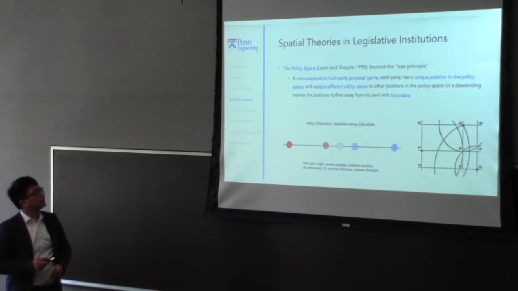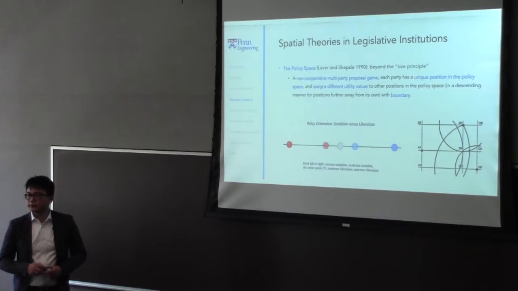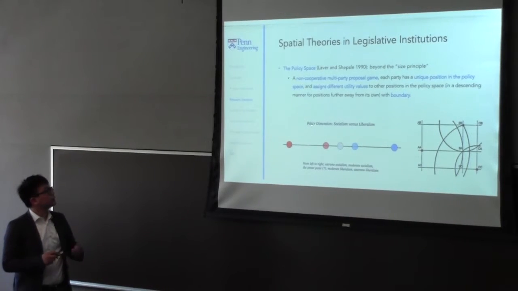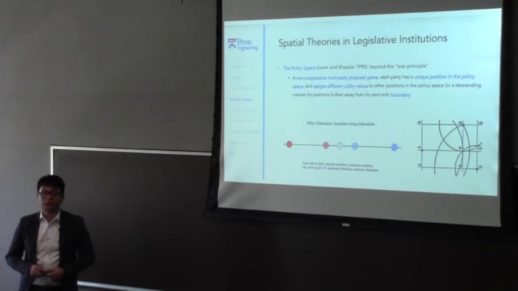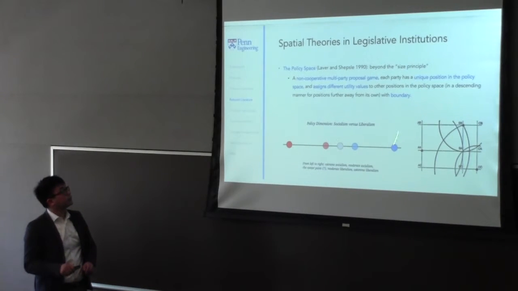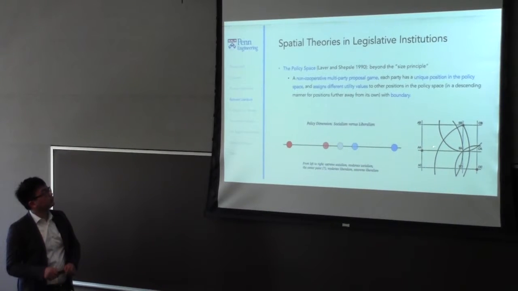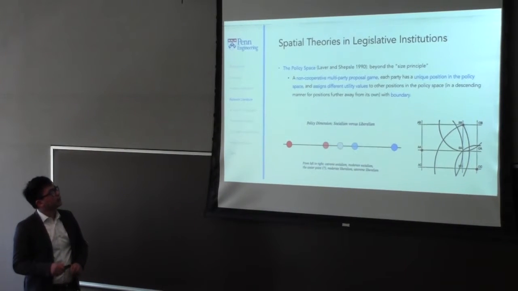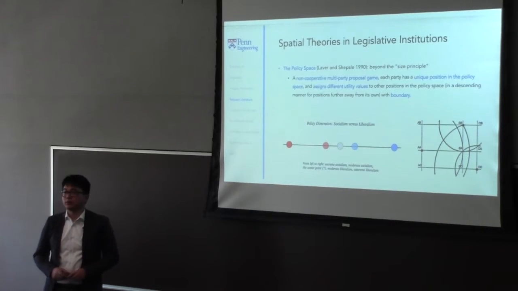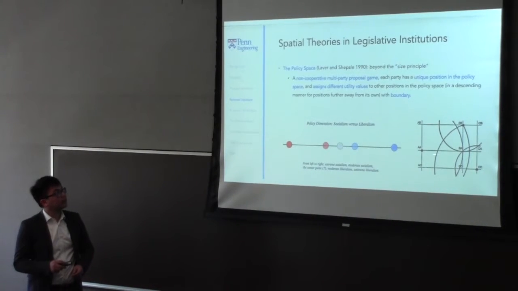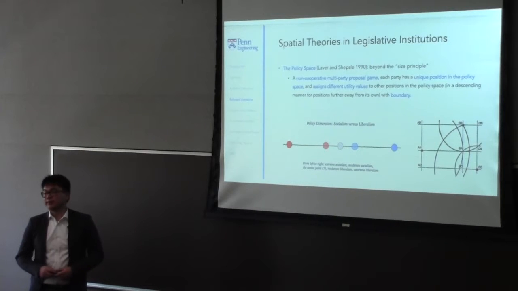If you think about the policy dimension of socialism versus liberalism, from the far left you have extreme socialism, going to moderate socialism, the center point, then moderate liberalism, all the way to the extreme end of the spectrum. This can also be multidimensional. As illustrated here, in a direct graph from the Laver and Shepsle paper, different parties occupy different points in the policy space. They have a boundary beyond which they would not consider a proposal, but any proposal within the boundary would be considered valid, and the further away it is, the less appealing it is.